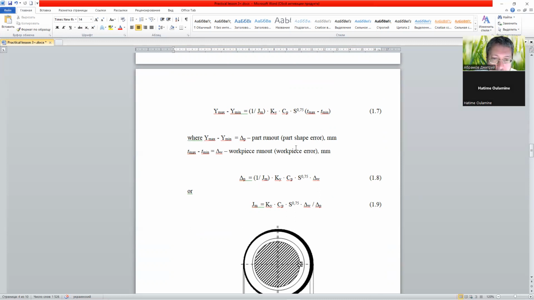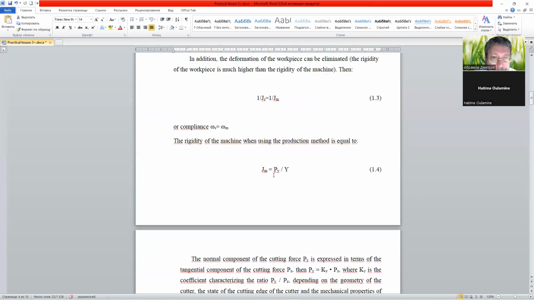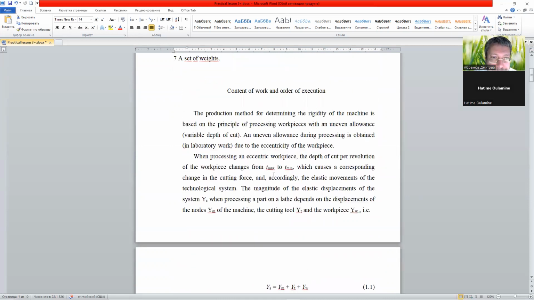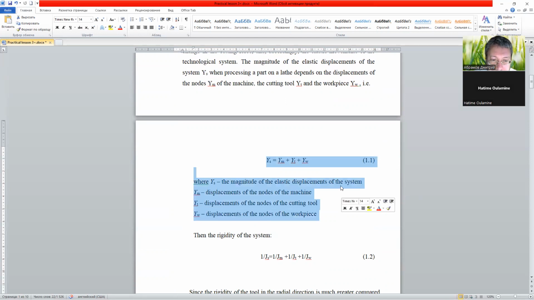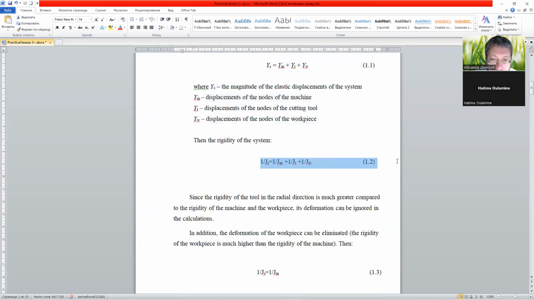For example, where this part of the lecture is. So you need formula 1.1, you need formula 1.2,